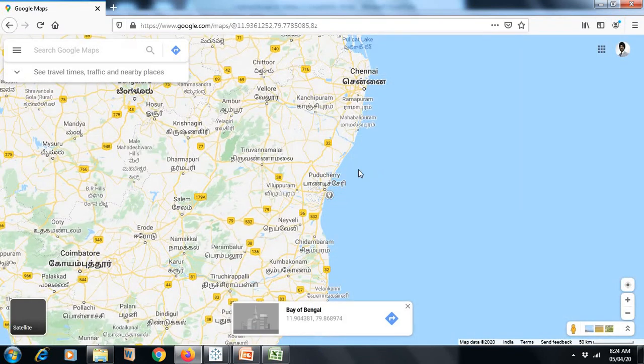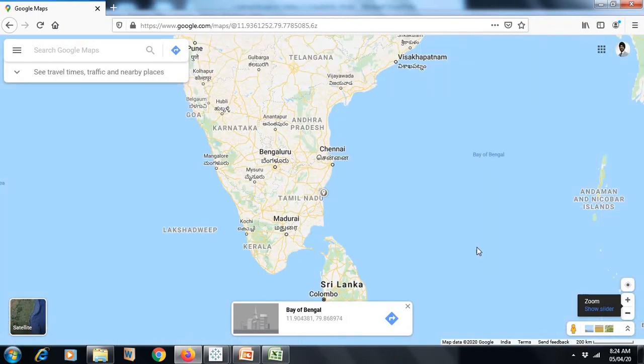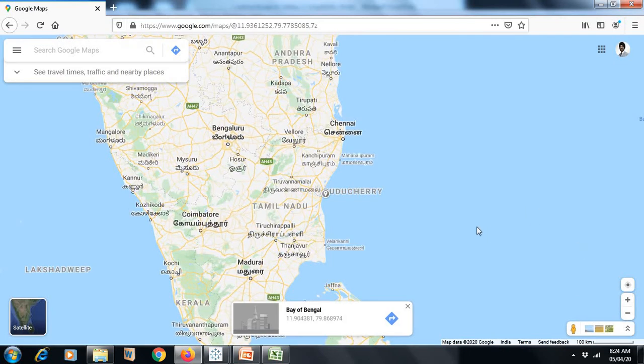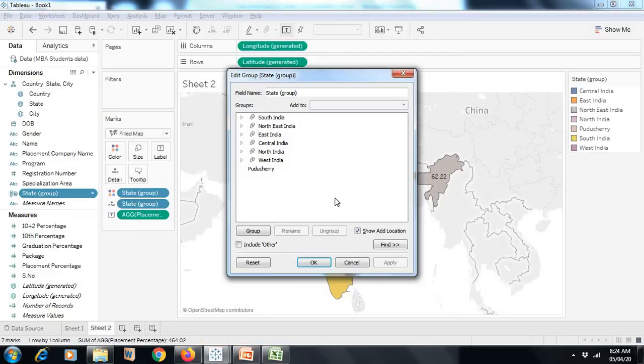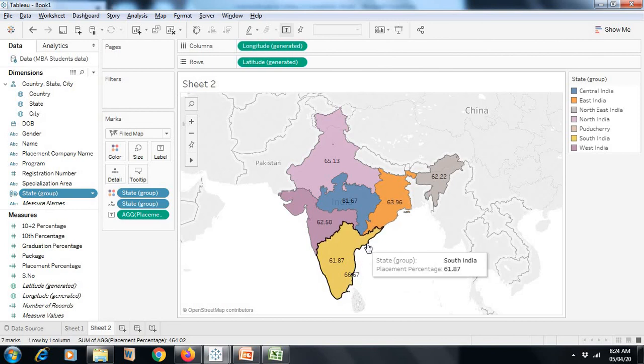So you find Pondicherry needs to be a part of the south. It's a small place, that is why it's not visible. So Pondicherry, you can add it to the south part.